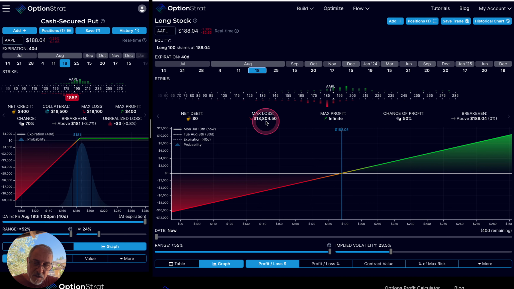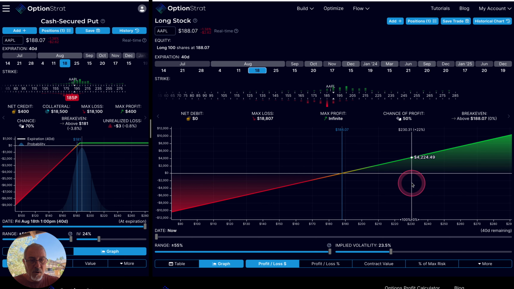Now, obviously, Apple's not going to go out of business. They could have a huge tank in the stock price. They could have a huge run up in the stock price. Both of those are possibilities. And if I own the stock and the stock drops to 150, well, I'm going to be out $3,800. If it runs up to 230, well, I'm going to be up $4,000. Okay, so I know that this is one-dimensional. I'm only going to make money when the stock goes up, and I will lose some money when the stock goes down, and I'm essentially tying up